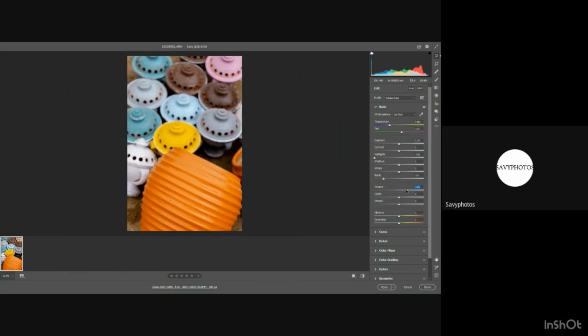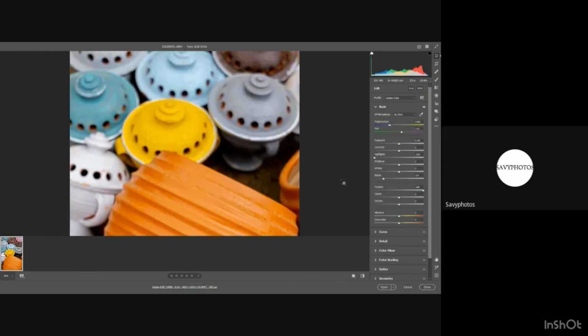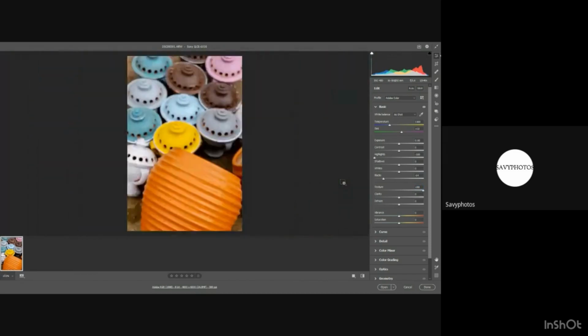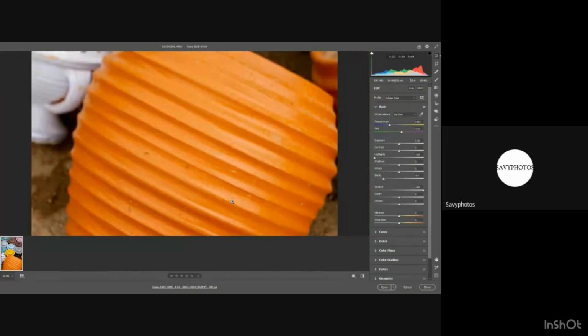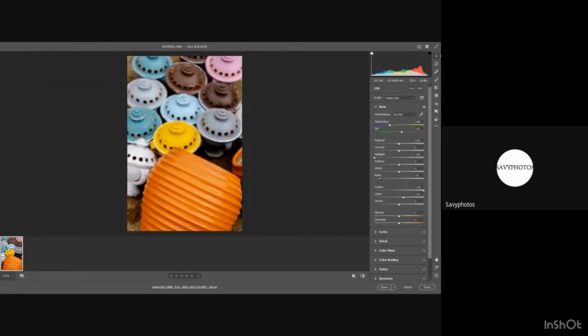I'm going to increase the texture because I want this to save. Now the intent of this particular image for me is that a lot of you can use it as a screensaver, like phone screensavers. Then I'm going to just increase it a bit, and we're almost there. I've increased the texture, and if you notice the details that we did not have prior here. So I'll bring back the details that were almost all gone, like this, and then I add a little bit of clarity to it,